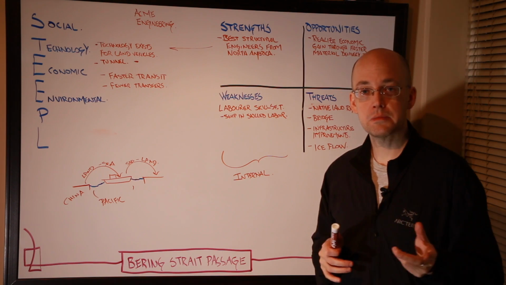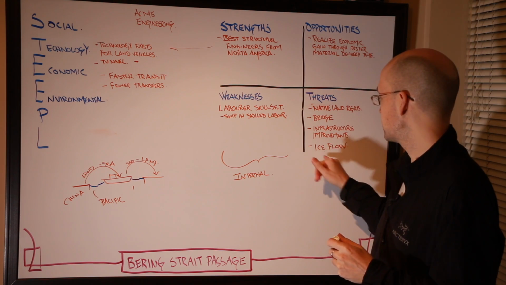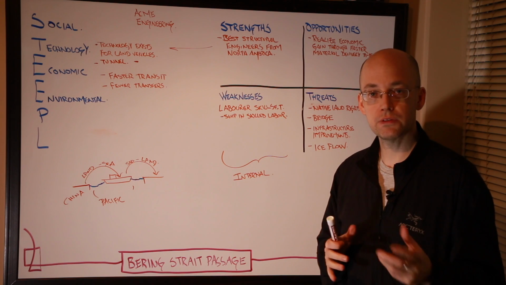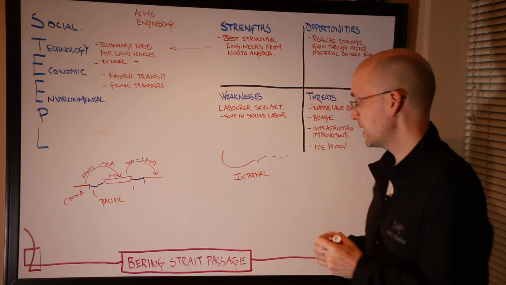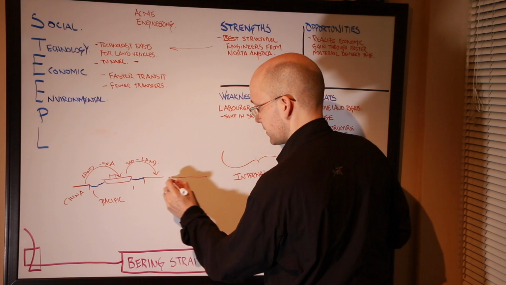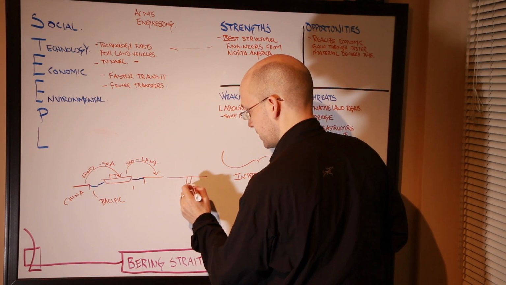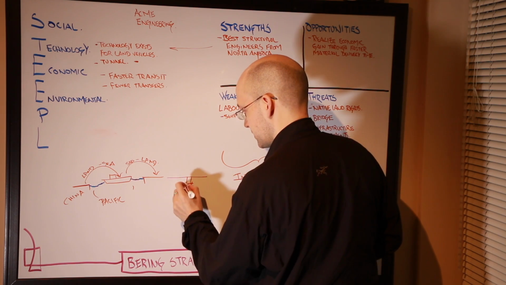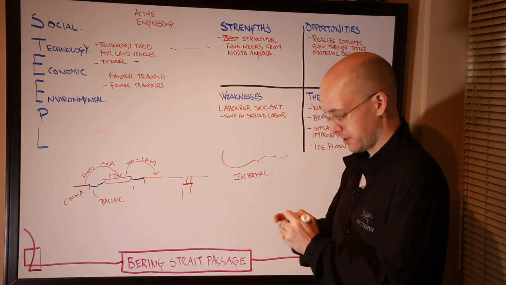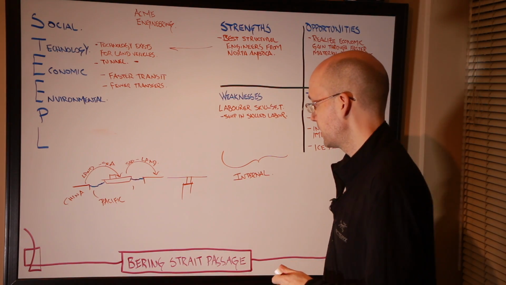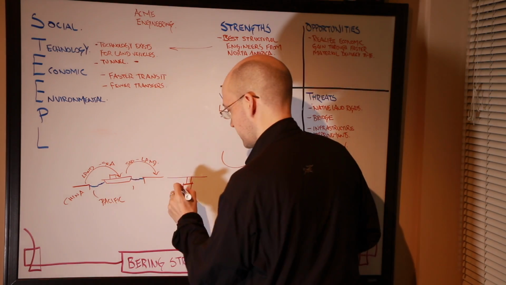The engineering team in this particular case will need to examine how the ice flows and builds up. So if I had a bridge and we have our structural components that are going into the water, so if I were to draw it like this,